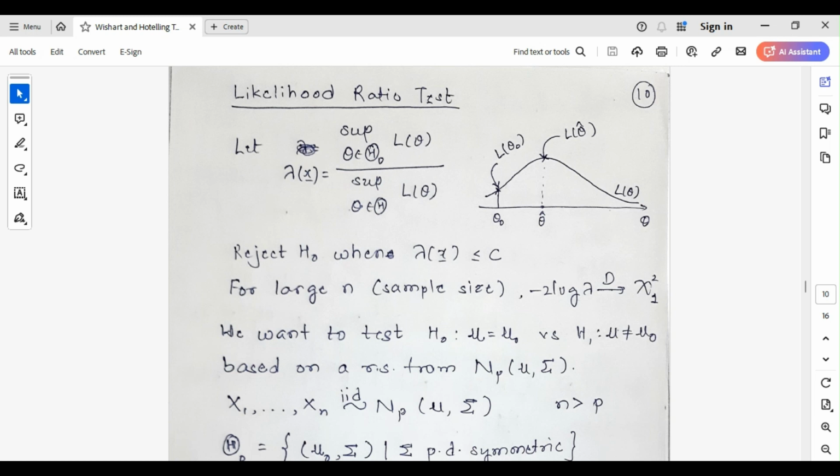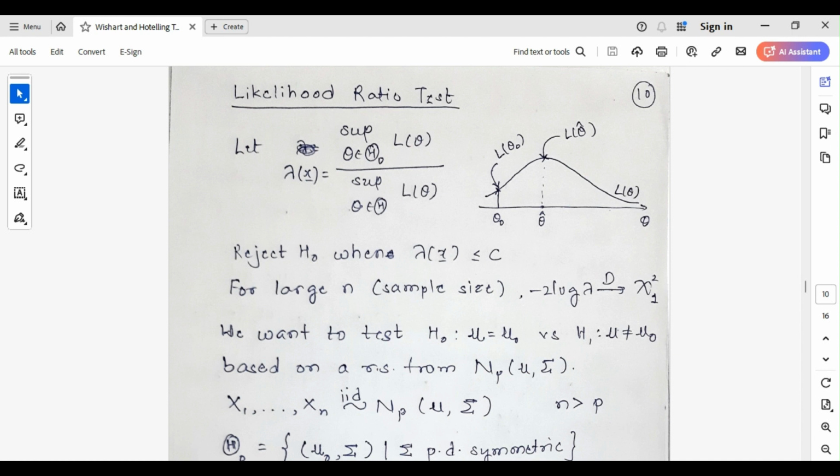Good morning, everyone. So, today we are going to discuss the testing related to multivariate normal distribution. In the previous lecture, we saw how Wishart distribution is connected with the distribution of maximum likelihood estimator of the variance covariance matrix sigma. So, today we shall see how likelihood ratio test is useful when it comes to testing hypothesis related to mean vector of a multivariate normal distribution.